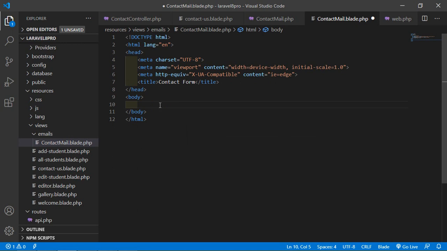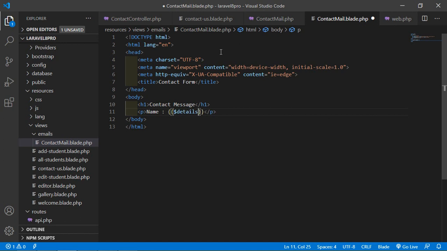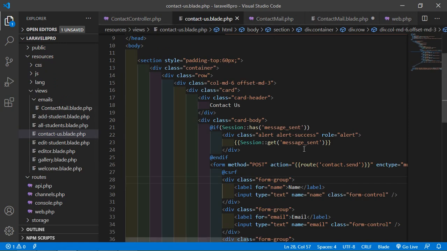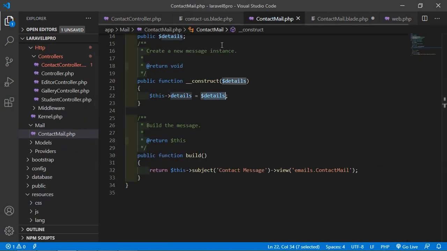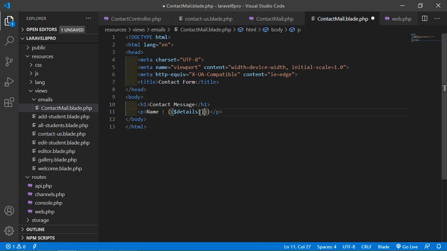All right, and inside the body just add here an h1 tag, Contact Message, and here just add the p tag, Name, and inside the double curly bracket just write here $details, this variable, and here just write details array sign, and inside this just write here name.